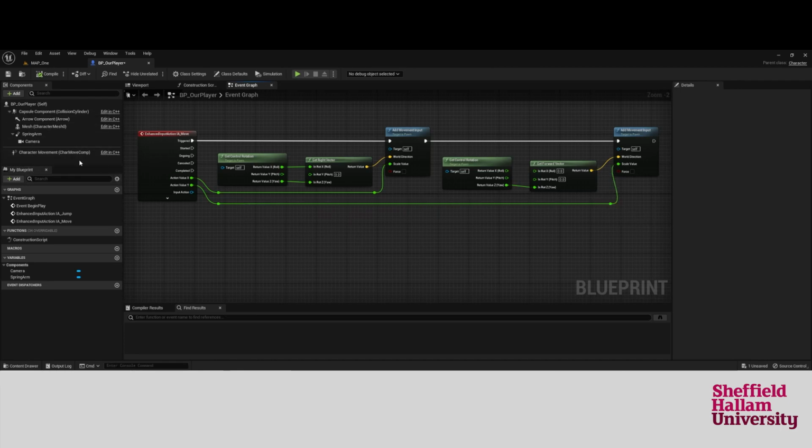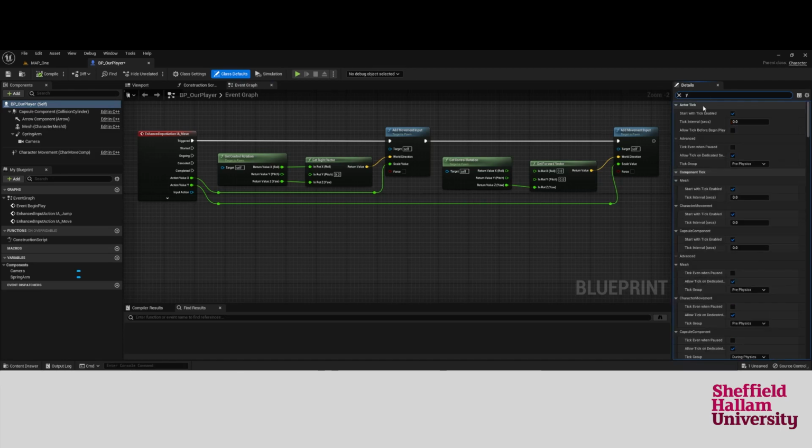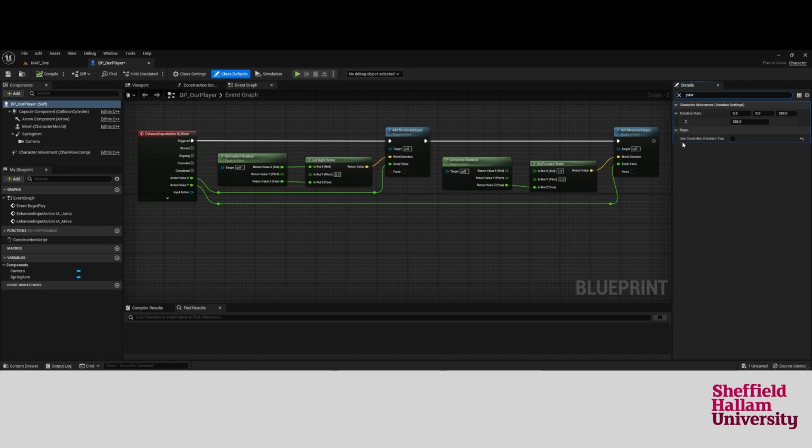So the first thing, they're all in the same place at least. So the first is actually in the BP self. You will probably need to search for this because browsing manually will be challenging. But if we type in yaw, there's use controller rotation yaw. Now, it will probably be set as true at the beginning. We want it set to false, so make sure you deselect that, otherwise the particular effect which we're going for